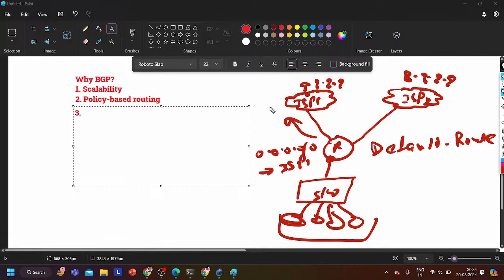Even between the ISP and the router, I cannot configure an IGP protocol because the ISP will be using a different AS number. Again, we have two types of AS numbers: one is private, another one is public. Like your IPv4 address. Remember, we have two types of IP addresses, private and public. Private IP addresses are not routable on the internet.